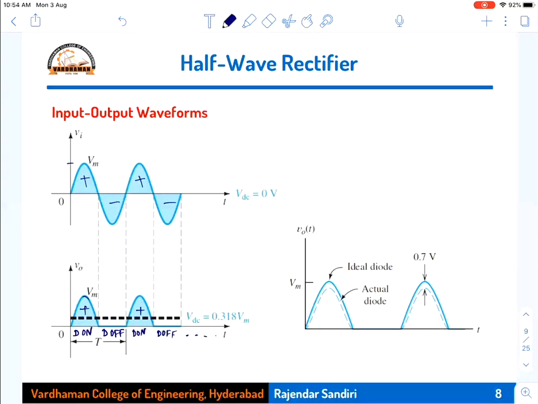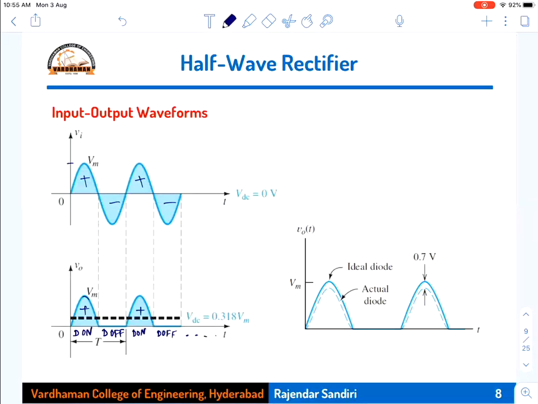Okay. Now coming to this one, if the diode is ideal, then you will get it like this. But if the diode is practical, what happens? Because of the potential barrier existing across the junction, there will be a cut-in voltage that we need to apply across the junction so that it cancels the barrier potential. For a silicon diode, how much is the barrier potential? 0.7 volts. Therefore, the cut-in voltage that I have to apply is 0.7 volts. Then only the current conduction starts.